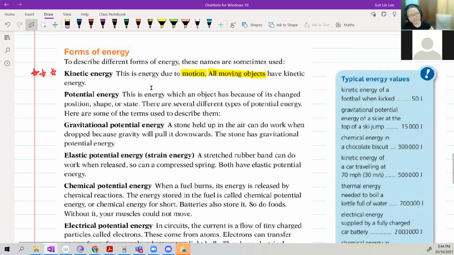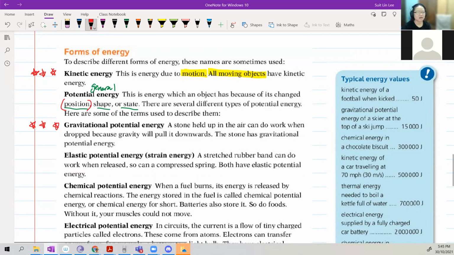All right. Potential energy is the energy that an object has because it changes its shape, state, or position. Now, potential energy is too general. We got a few types of energy. So I'm not going to give you any star because the type is too general already. So first type of energy also gets 3-star, your gravitational potential energy. This is due to the position of an object. Let's say I stand on my chair, or I stand on my table, or I stand on my floor. Of course, if I stand on the table, I have the most GPE.